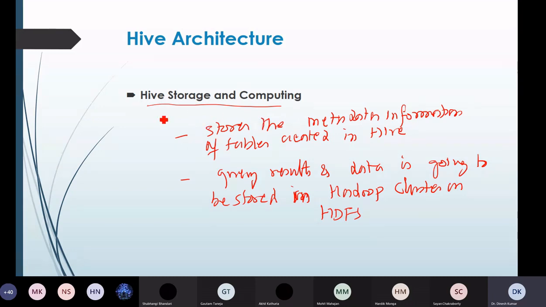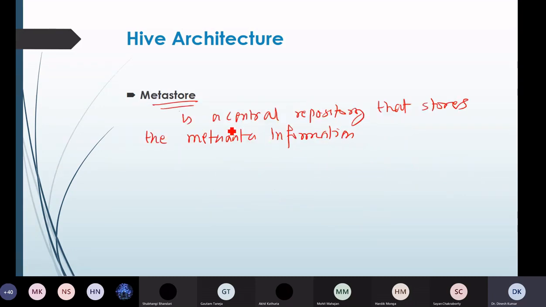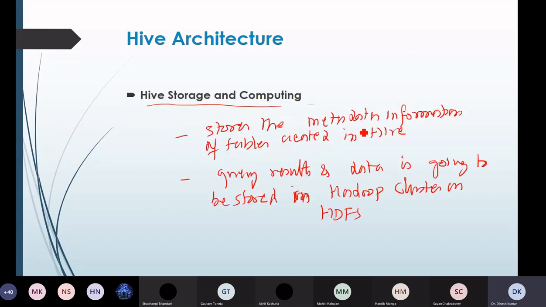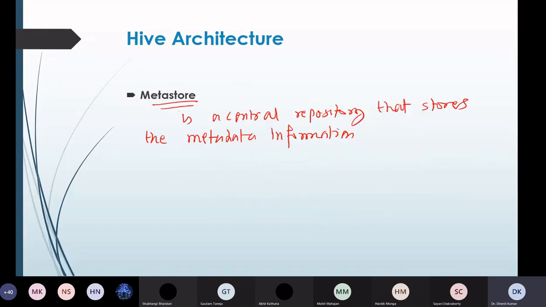Basically, the metastore is part of this Hive storage and computing also, because it is a central repository that stores metadata information. So the metadata information that I was talking about is stored in this particular component. Why have I taken this as a separate component? Because it's a very important component of the Hive architecture. There are different ways in which we can store data in the Hive architecture, right? So that's why I have taken it as a separate component for the explanation. It's a very important keyword in the case of Hive architecture, right? So it's a central repository that is a part of your Hive storage and computing,